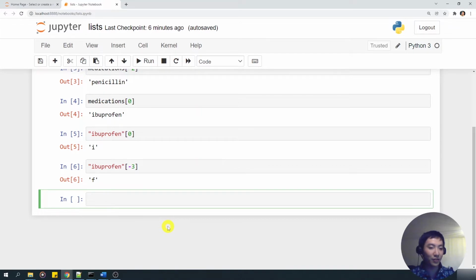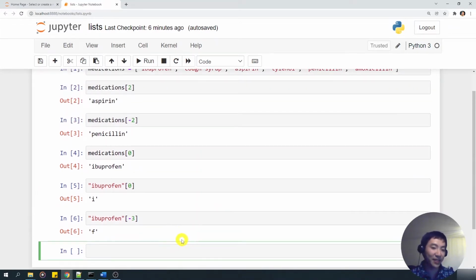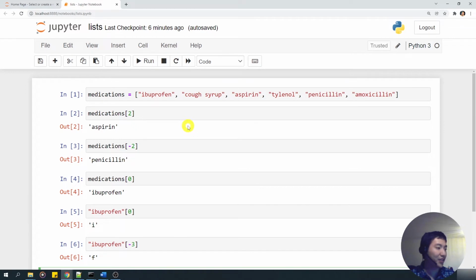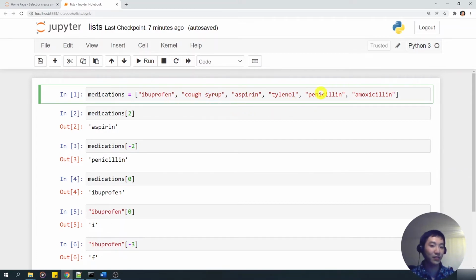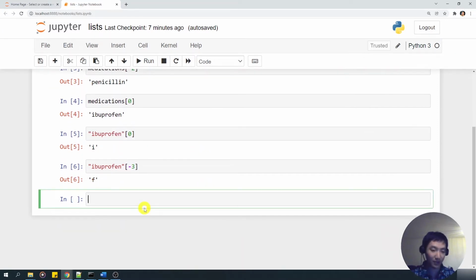All right, so what we're going to do now is slice the list. For example, if I wanted from aspirin to penicillin, so I start from the third place. I want the third place up until the, zero, 1, 2, 3, 4, 5, the fifth place. From the third place up to the fifth place, from aspirin to penicillin, what I would do is I say